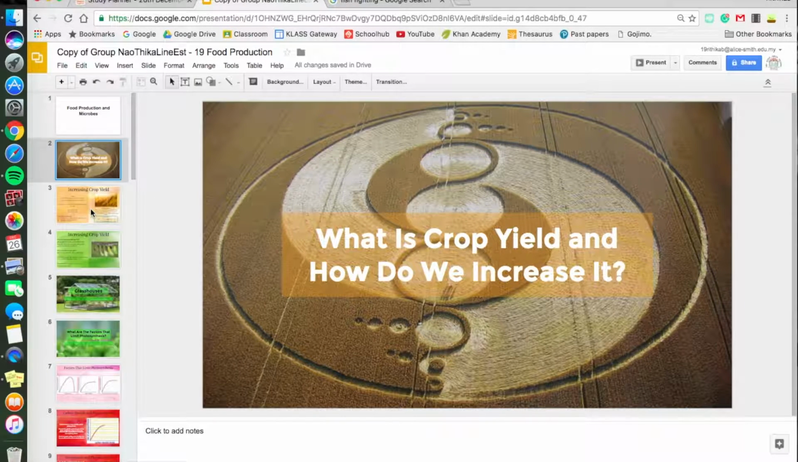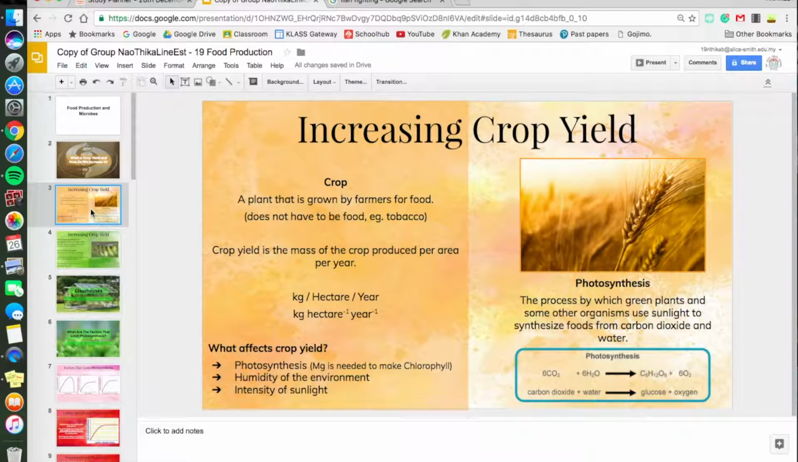A crop is basically just a plant that is grown by farmers for food, but it doesn't have to be something edible like barley or wheat. It could also be tobacco. And crop yield is the mass of the crop produced per area per year, and that's measured in kilograms per hectare per year. The things that affect crop yield are basically all the limiting factors that affect photosynthesis of